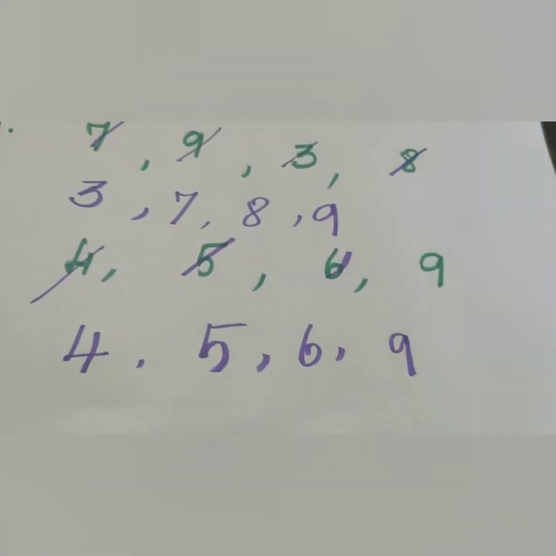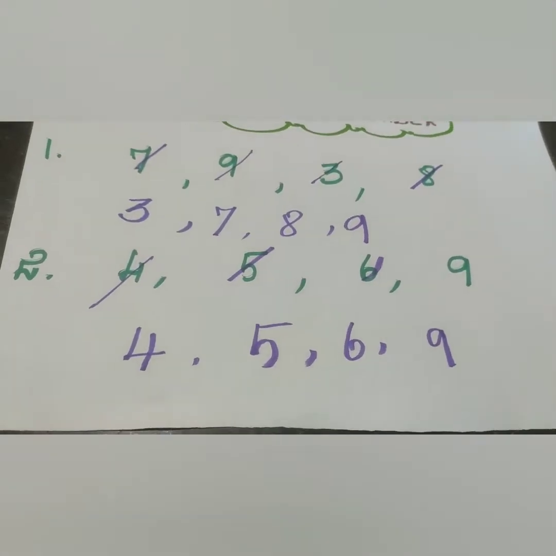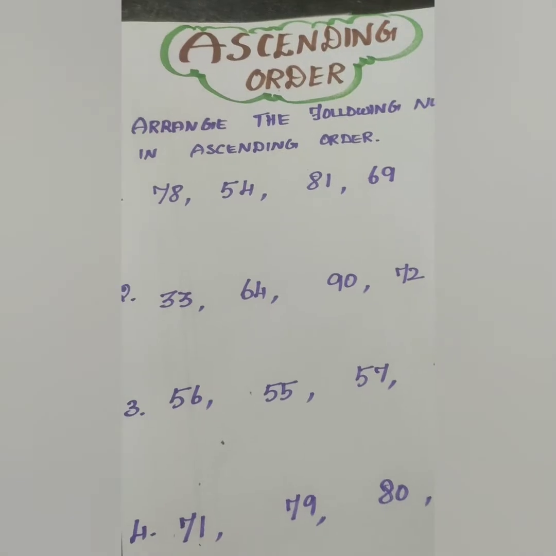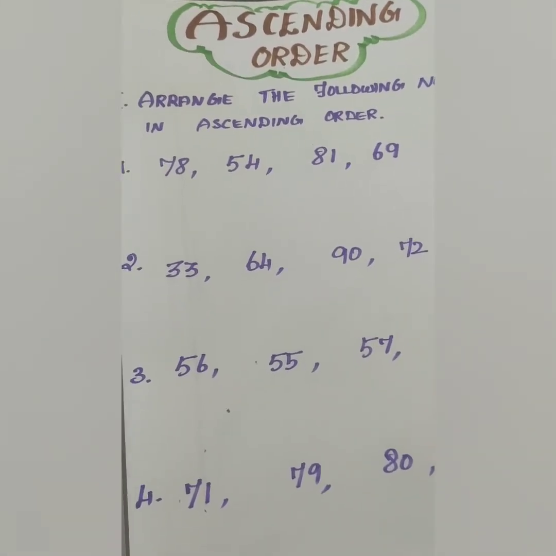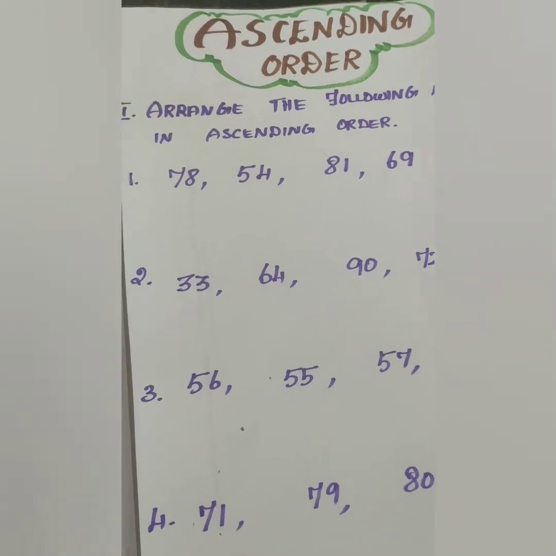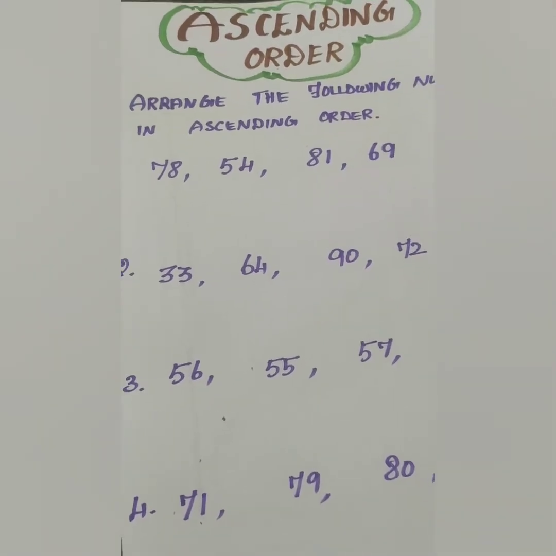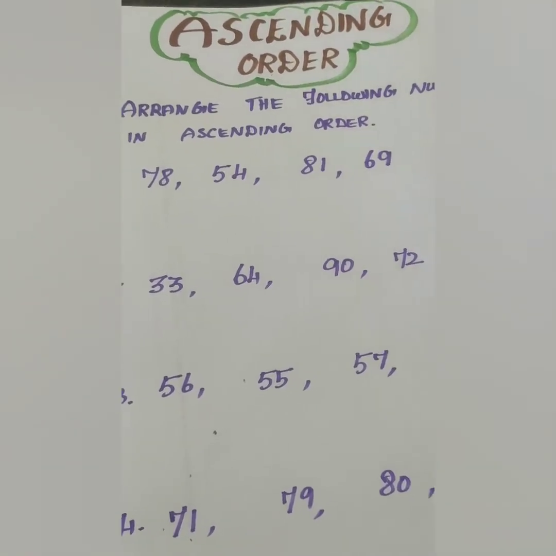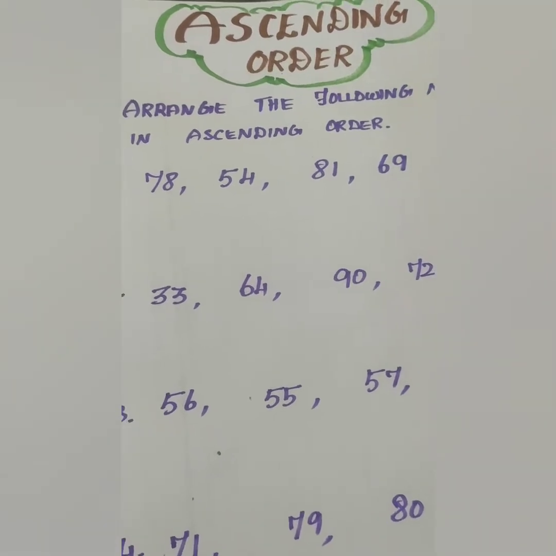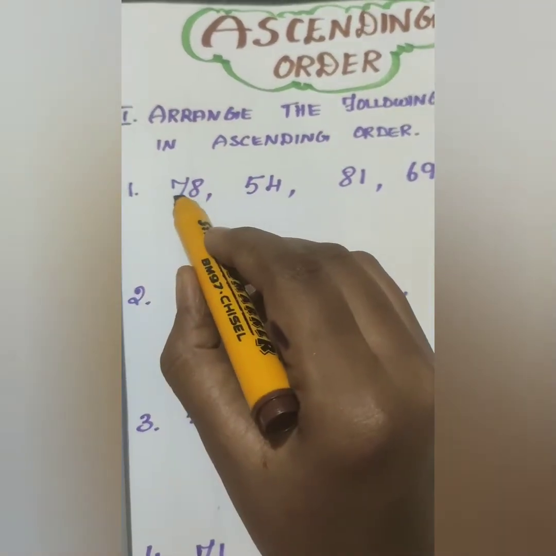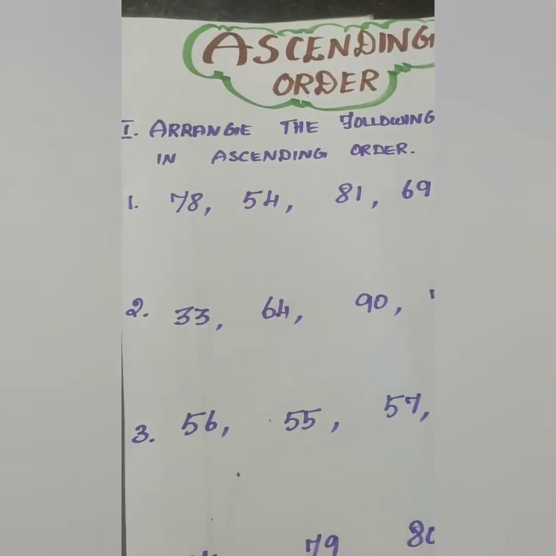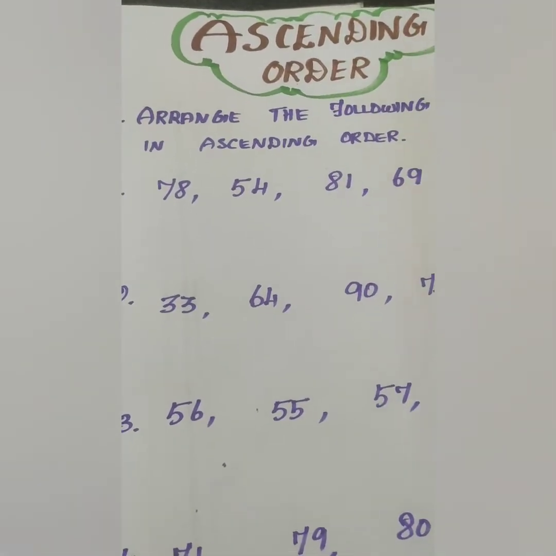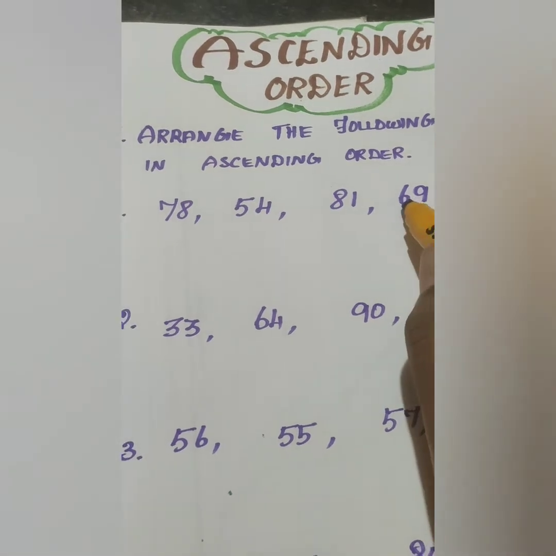That's all. Now we will learn about the 2-digit ascending order, children. Look at the sums, children. These are 2-digit numbers. Now we are going to do the ascending order with these 2-digit numbers. See, children, one thing you have to follow when you do the 2-digit or 3-digit ascending order. You have to look at the first number. So whenever you are arranging the ascending order for 2-digit numbers, you have to look at the first digits.